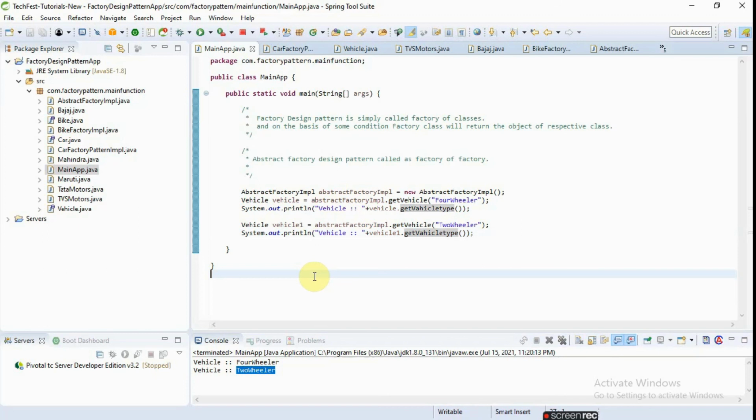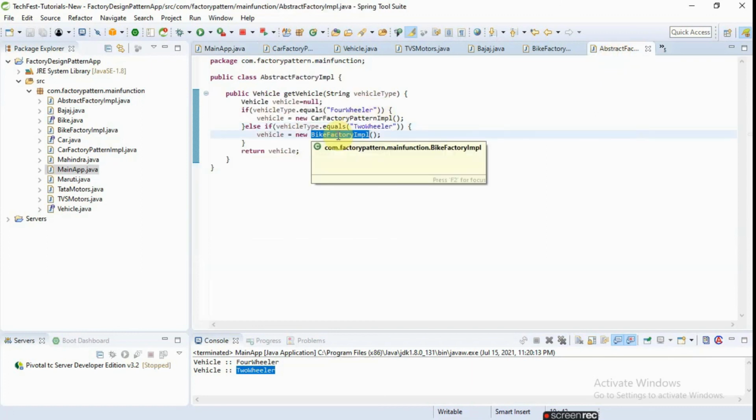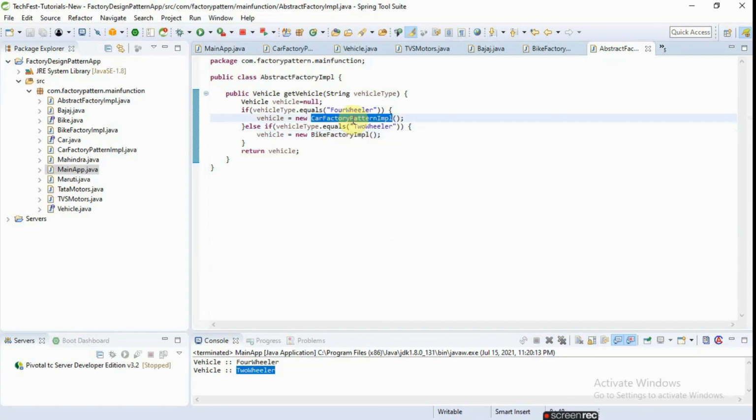So in that scenario we will create two factory classes. One factory class will take the connections and handle all the SQL queries and syntaxes for SQL Server, and another is for Oracle Server. And on the basis of a condition we will return the Oracle type of factory object or the SQL Server type of factory object. That way we can support both databases with a single application.